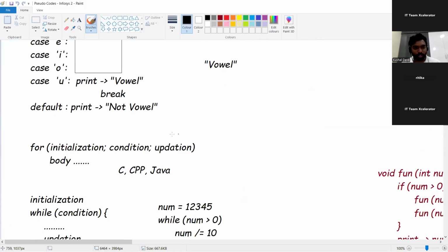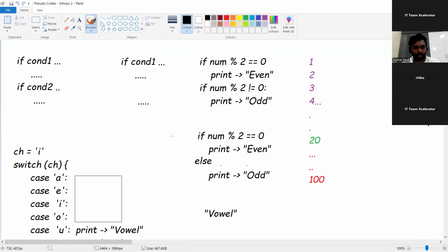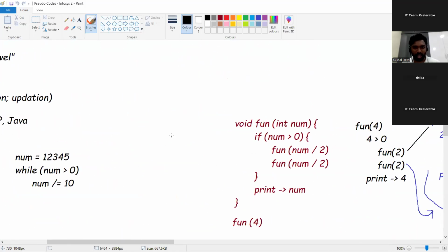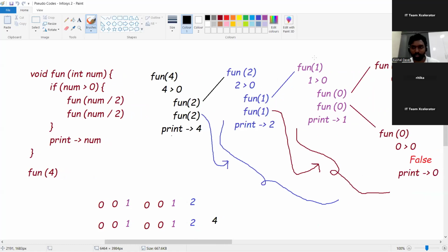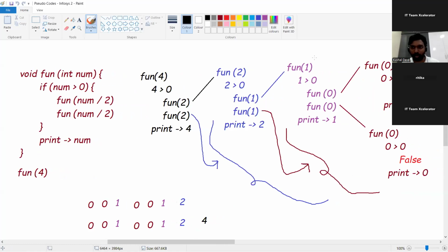Something relevant to if, else if, switch cases, loops. I guess we have seen something relevant to functions, how the recursion call exactly would happen, followed by,